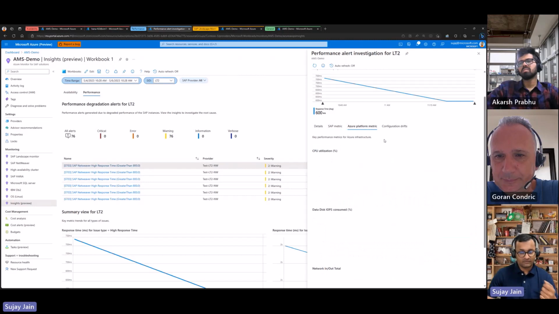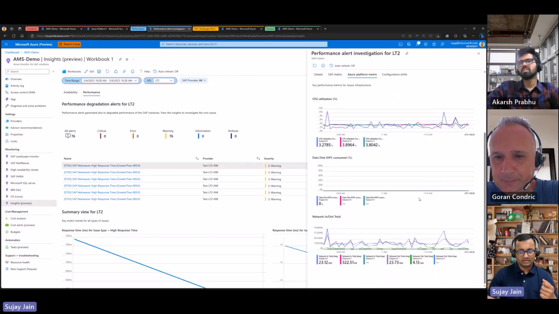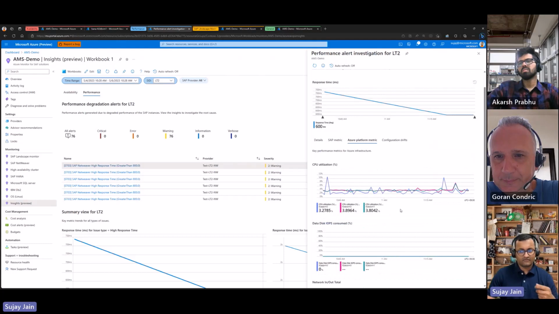You can also look at the platform metrics, like how CPU utilization was at that point of time when the alert got fired, the disk IOPS or networking out. So this gives you good information about where the potential problem can be. And then if you have integration with ACSS, that's where we see the magic happening between both the systems, right? ACSS already has these quality checks and recommendations that they provide.